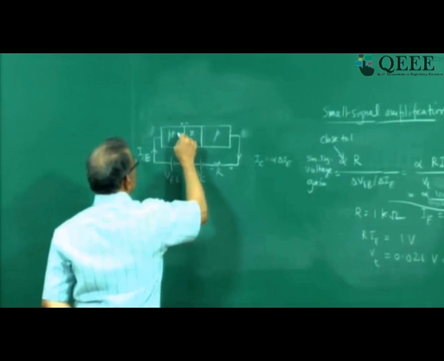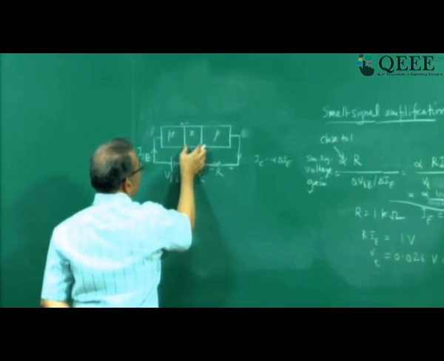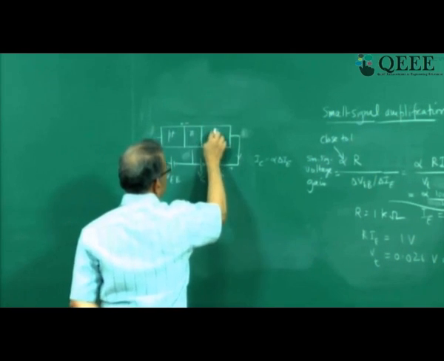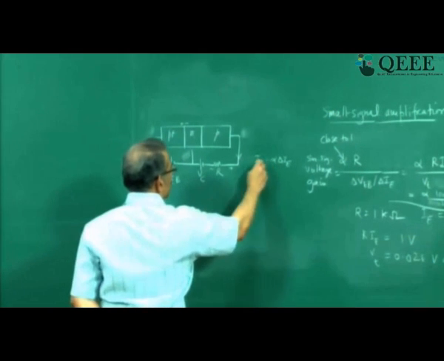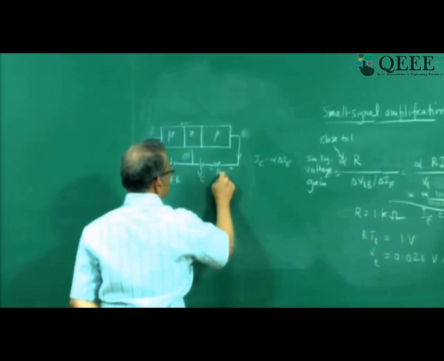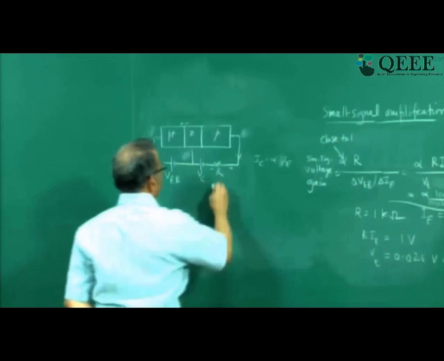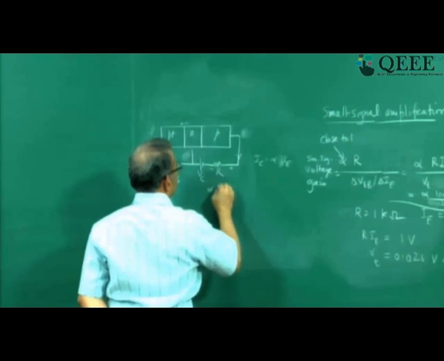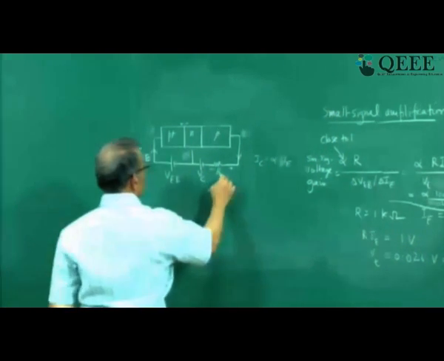So this current is holes, some recombine, some get injected here, and since this region is very thin, almost nothing recombines, everything is injected here, and that current is available as IC. Okay, you are passing this IC across the resistor and you are getting a voltage drop across this, that is alpha R into IE. It is R into IC, but IC is alpha times IE. So that is your voltage drop here.